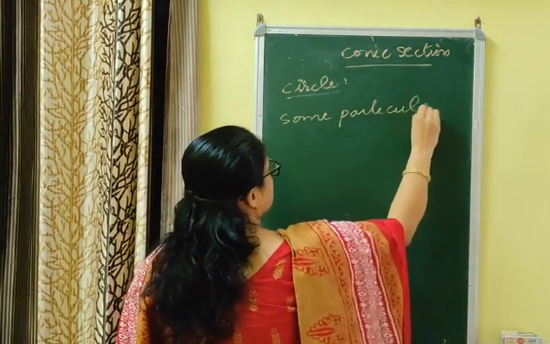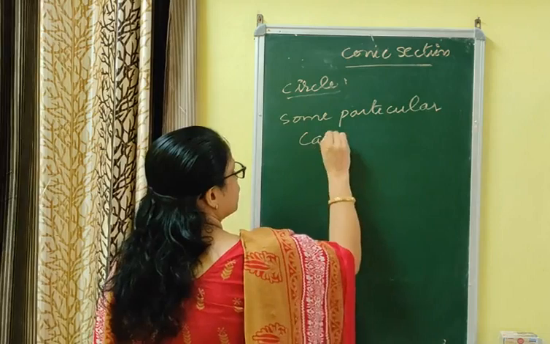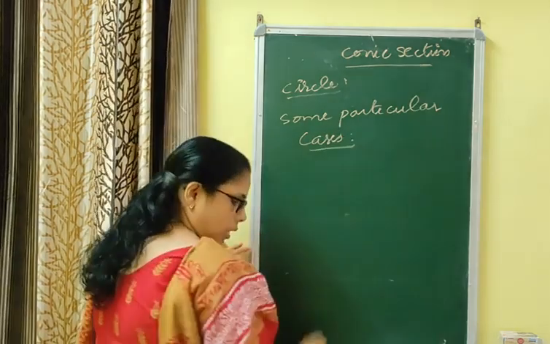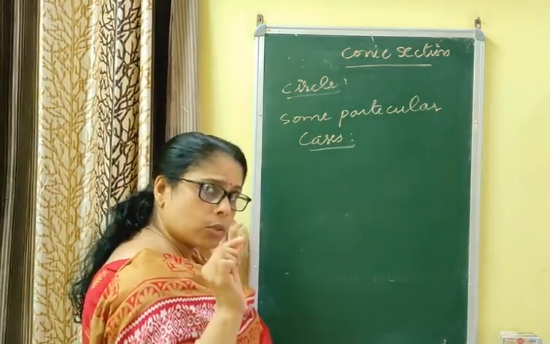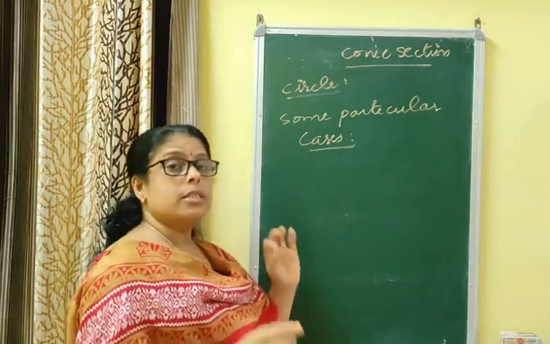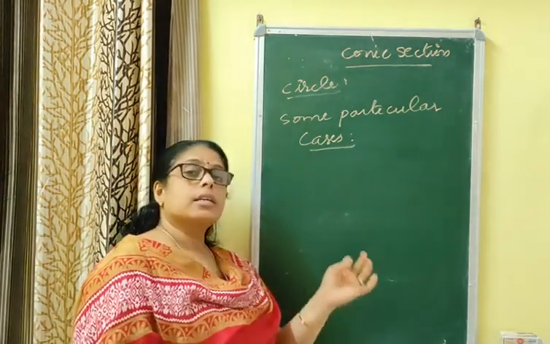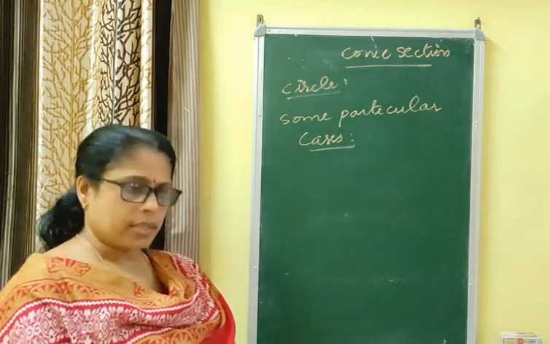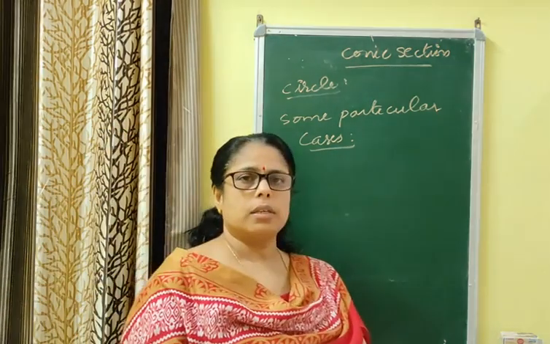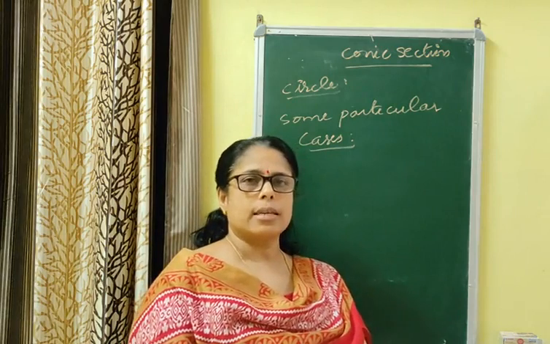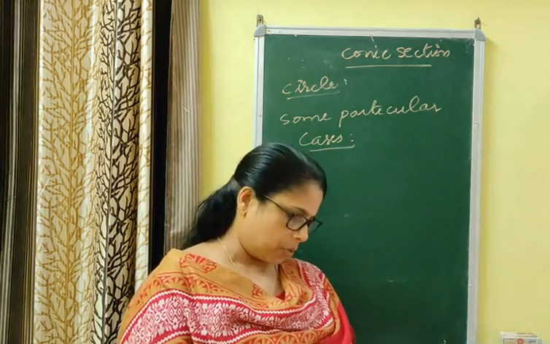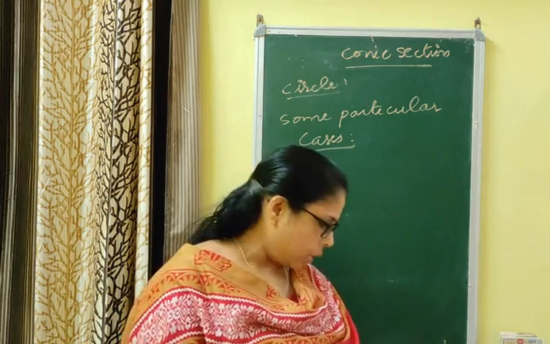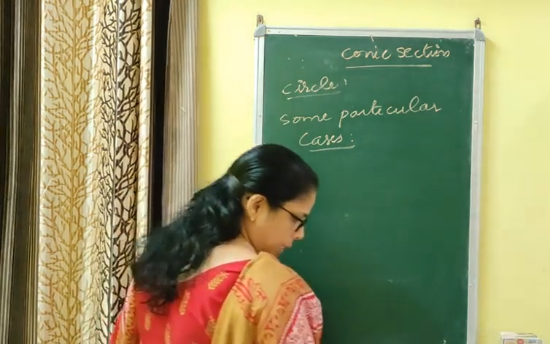Now we will consider some particular special cases, that means in which way we can form the equation of a circle: if the center lies on the origin, the circle only passes through the origin, the circle touches the x-axis, the circle touches the y-axis, or the circle passes through points whose x and y intercepts are a and b respectively, a or b, or maybe a only.